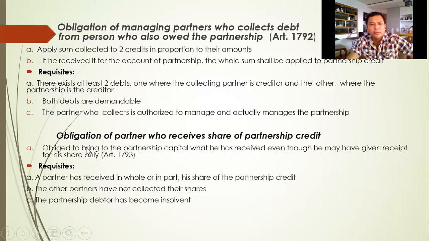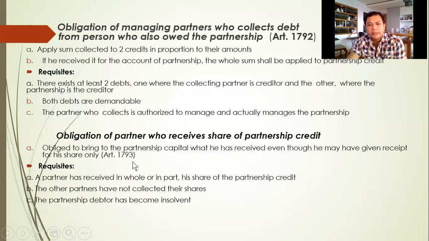Let's go to the obligation of a partner who receives a share of a partnership credit. So a partner is obliged to bring to the partnership capital what he has received, even though he may have given receipt for his share only. So requisites: a partner has received in whole or in part his share of a partnership credit, the other partners have not collected their shares, and the partnership debtor has become insolvent. So in this case, the person who owes the partnership